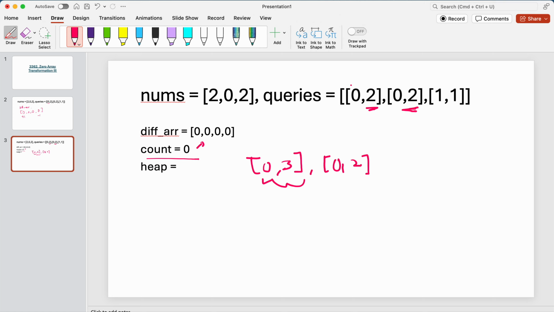Since the queries given are not sorted, the first step is to sort these queries by the first index, like index 0. When you use sort in Python, it sorts by that by default, so you don't have to worry about it. So we want to use a max heap to keep track of the ending elements. So for this given example,